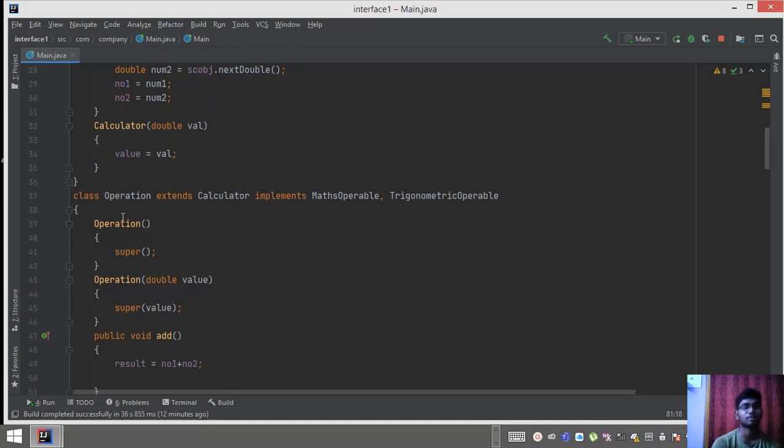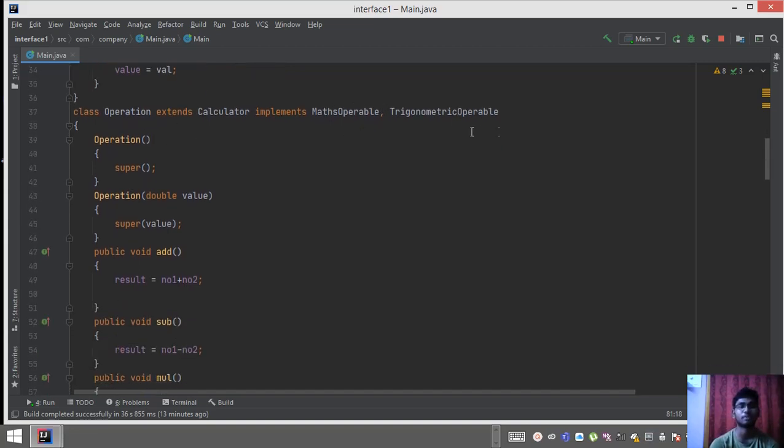I'm calling the method operation. I'm giving the super keyword. It will go to the operation and then to the calculator, and it will look at the super which was there. The super keyword is used to go to what was assigned in that method. It will go to that method and execute the program.